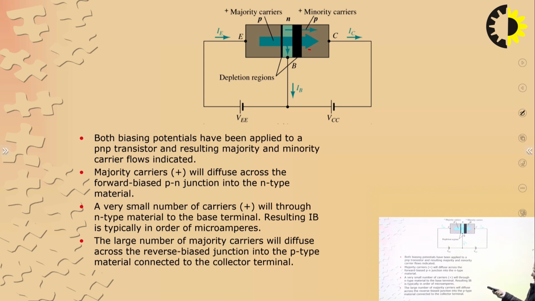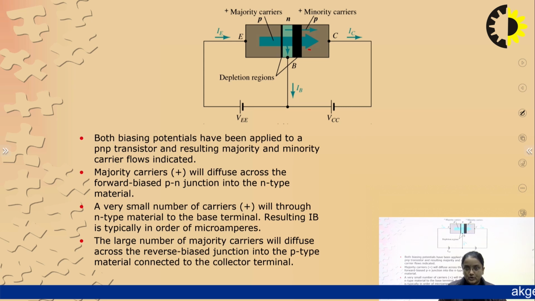PNP transistor, in which we are depicting how the majority charge carriers are flowing from P to N region and finally contributing the current. And we also say that the current that we obtained is particularly the IC current, which we call the output current, or the base current, which is IB.